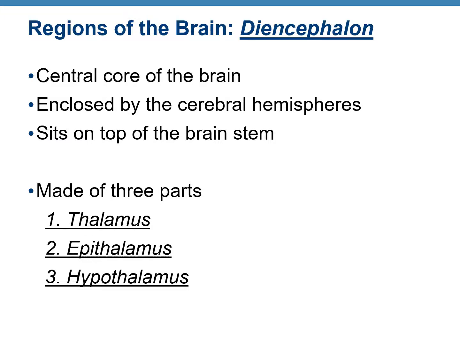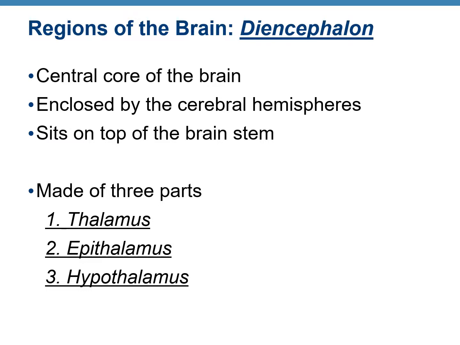Hi everyone, this is a continuation of topic 8, nervous system of the human anatomy lectures. This is lecture 4 on the nervous system. We started learning about the human brain structure in the previous lecture and we've completed the cerebrum. Now we are moving to the next region of the brain, the diencephalon.